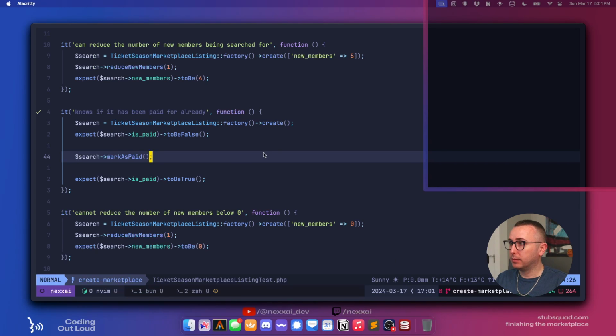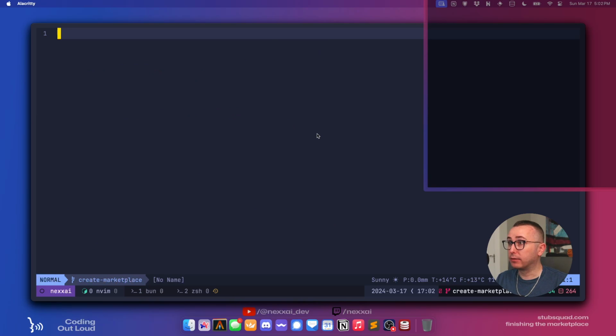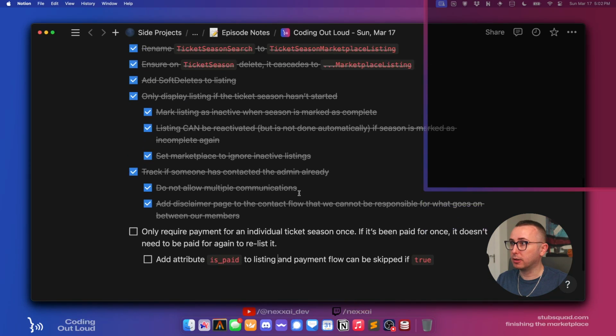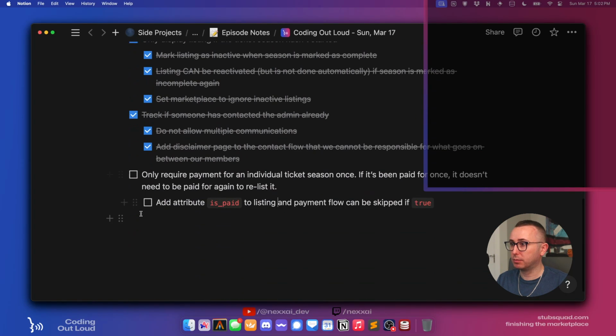So yeah, I think we're just basically going to have to wait for Lemon Squeezy to get back to us about whether our shop has been approved or not. And if it has, then we can continue on with this process. I was kind of hoping to get everything done today, but I mean, we made a ton of progress. You look at Notion, look at all the check marks. I'm super excited about that.